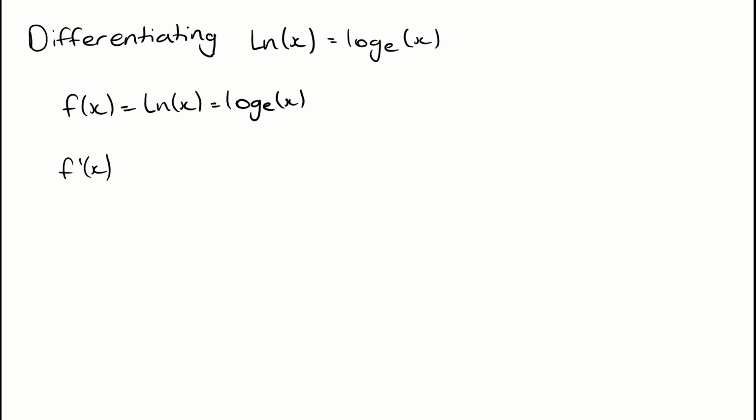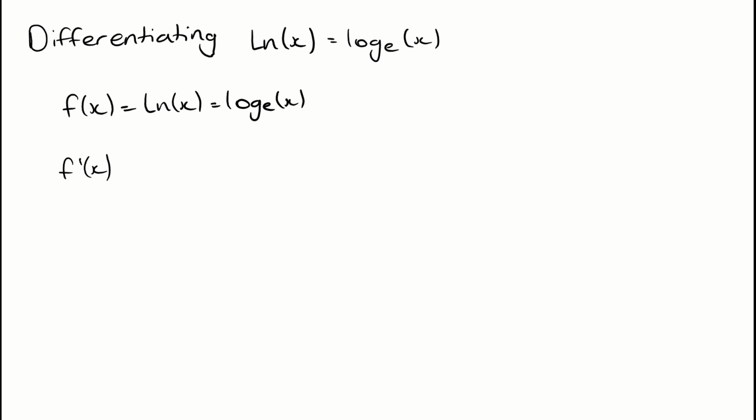So here we're looking to differentiate the natural log of x, ln of x. And remember, another way to write that is just log to the base e of x. So if I define a function, f of x, to be this natural log of x, or my log to the base e of x, then by the limit law theorem for derivatives, my derivative function, my gradient function, f